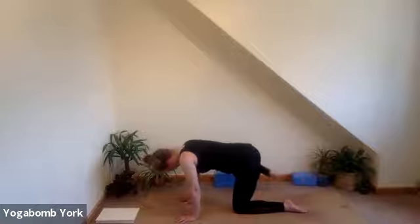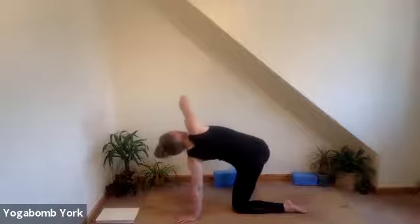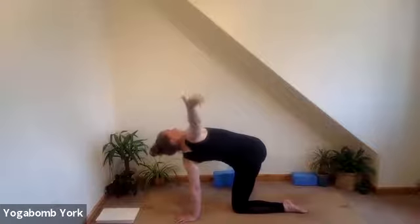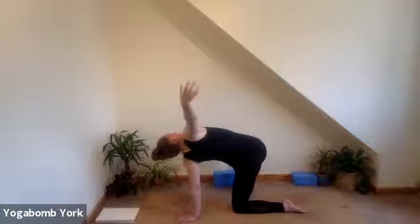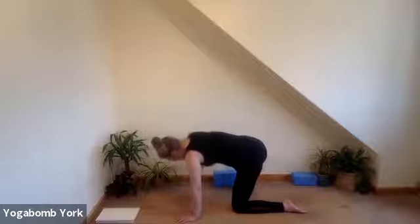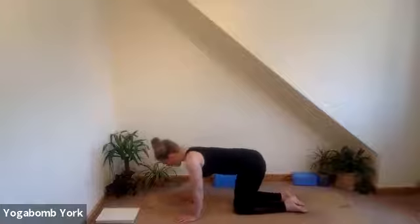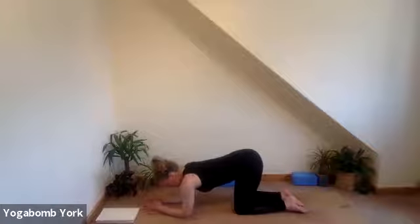And your next exhalation, releasing that right foot out towards the right and opening up as we inhale towards the right side or up towards the ceiling. Exhaling, releasing the right hand, releasing the right foot, just coming down onto our forearms, bringing the hands together, interlacing